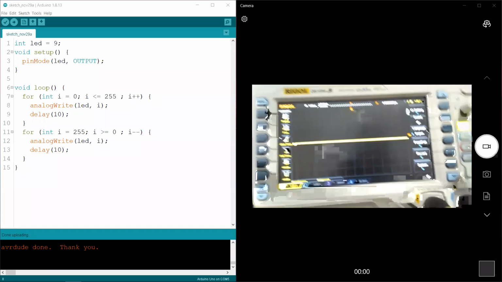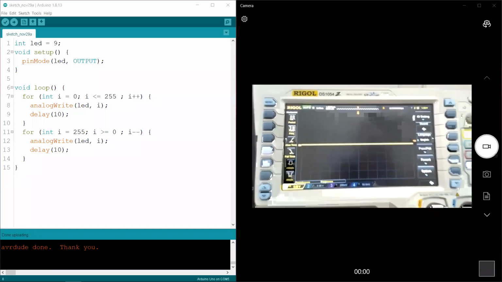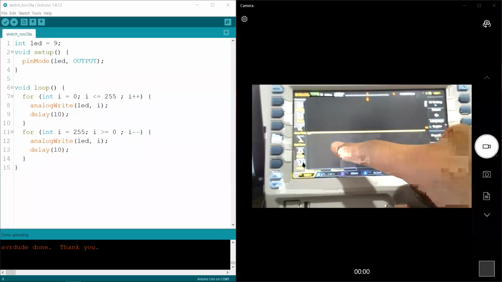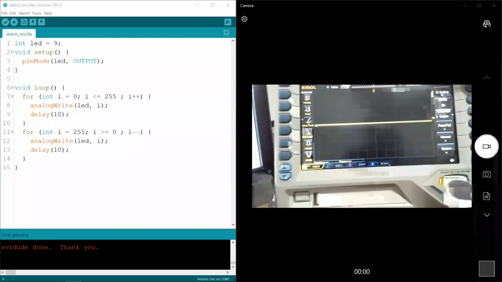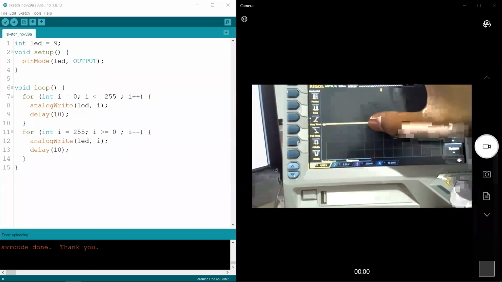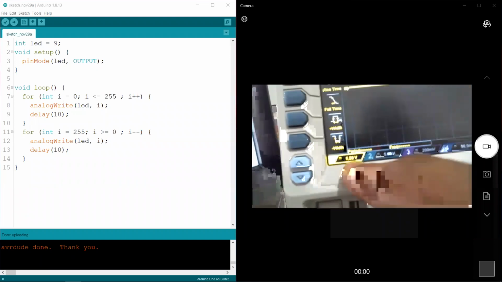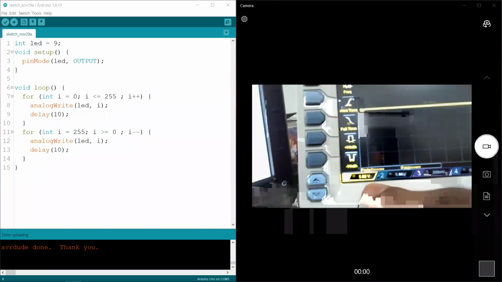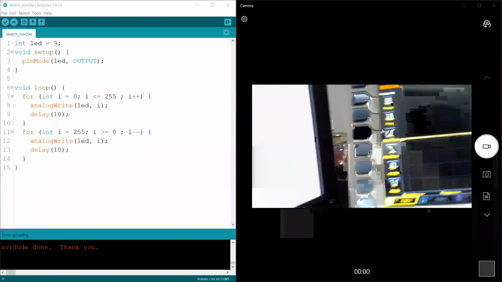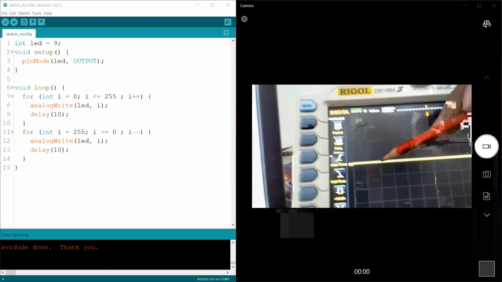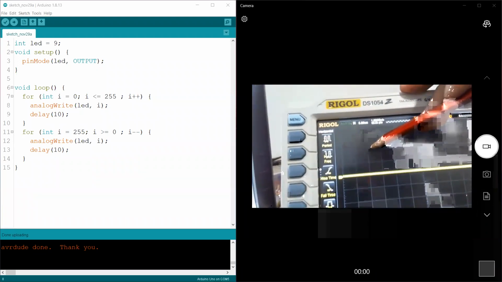Anyhow, we can visualize the signals we see here. So I will demonstrate a little bit. I think you can see there are little squares like grids here. From here to here there is a grid. So one grid equals 5 volts here. And I think you can see that here beyond the channel one, the yellow one. So one thing up there, that means like 1 volt, right? So 5 volts. So from here to here we have 5 volts. So if we go here, that is like 10 volts.